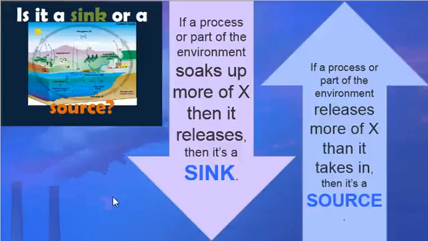All right, and then the opposite of a sink is a source. So a source is going to release more of whatever element or molecule it is than it takes in. So it's going to put more back out somewhere. And we want these to be balanced too. We want to make sure that we have an equal amount of whatever element it is, whether it be carbon or nitrogen, etc., coming in as we do going out. We want everything to kind of be even and naturally balanced. And nature has it set up this way in the first place.